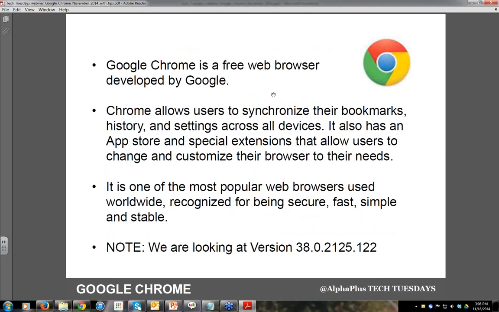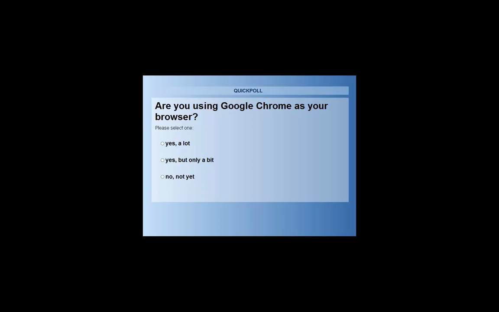And before we continue and talk about Google Chrome, I hope to find out from you if you're actually using Google Chrome. So the very first thing we're going to do, we are going to launch a poll, and you are going to be asked if you are using Google Chrome as a browser. And you have a few options, so you can click yes, yes but just a bit, or no, not at all. That way it will help me to sort of figure out how much information I can